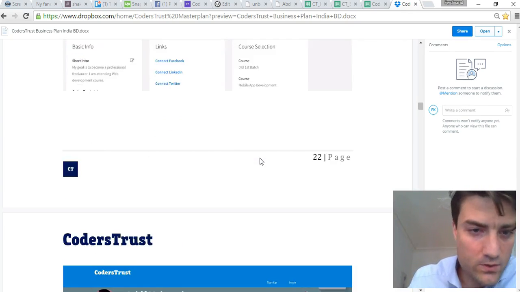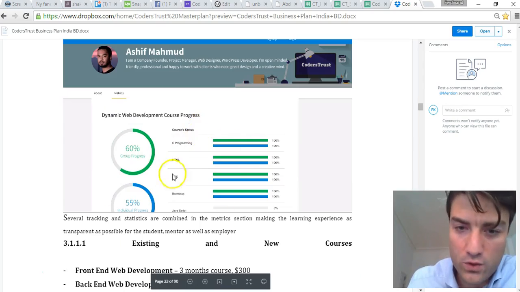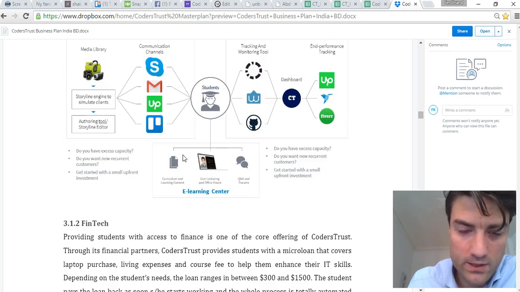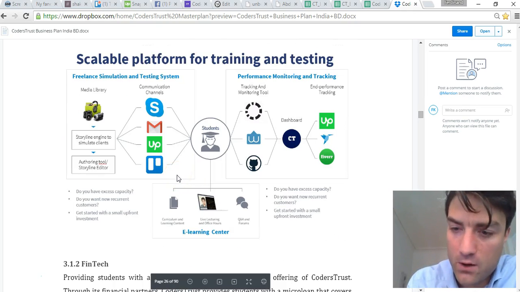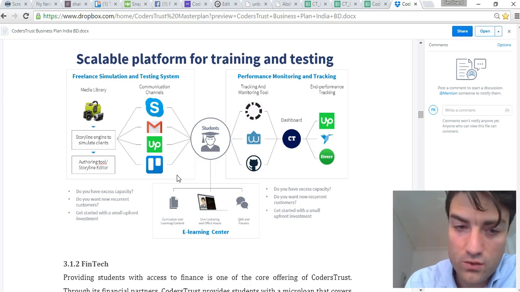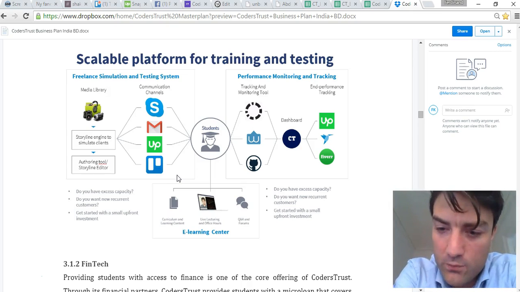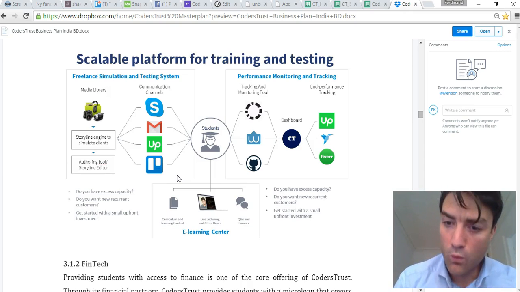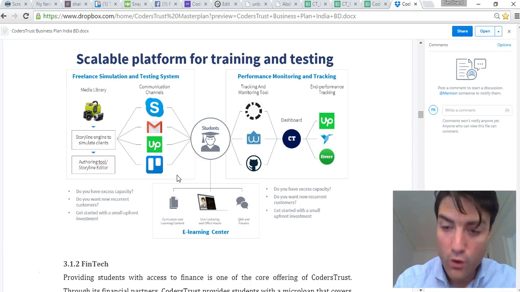And then there's a description of the CodersTrust profile, how we show progress, etc. And if we scroll down here, we of course have some ideas on how we're going to improve our educational technologies over time. One of the core aspects I believe we need to get really good at is not just gamification in our education, in terms of giving rewards and actually paying out the student finance based on educational progress, but also simulation, and simulating the freelance workplace and the labor market for the students,